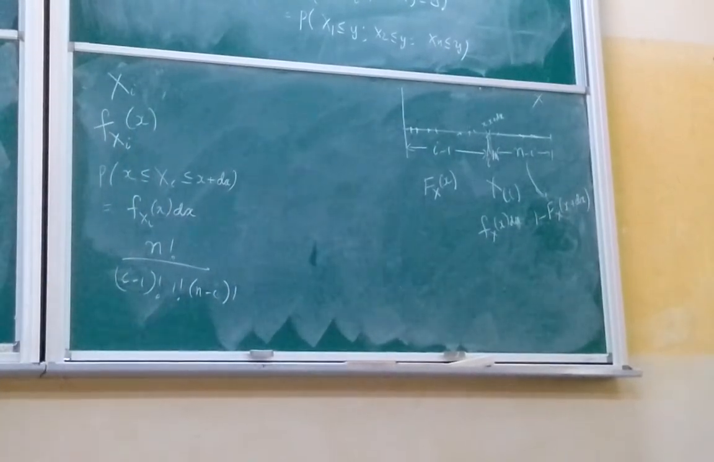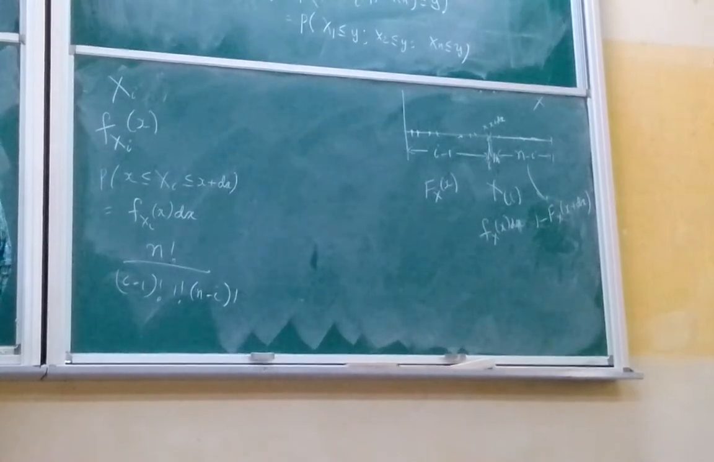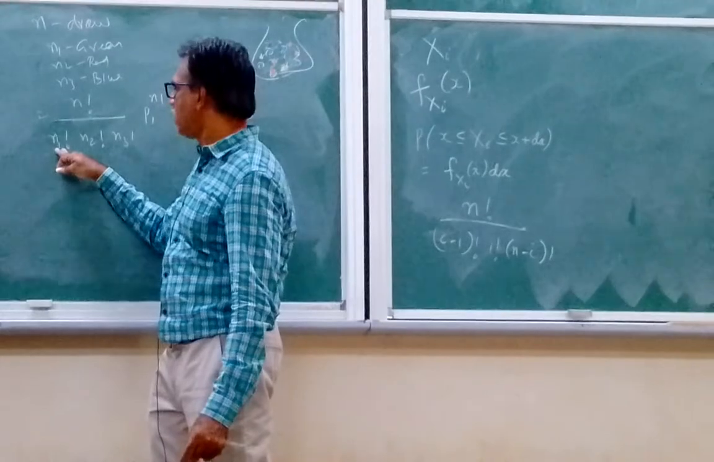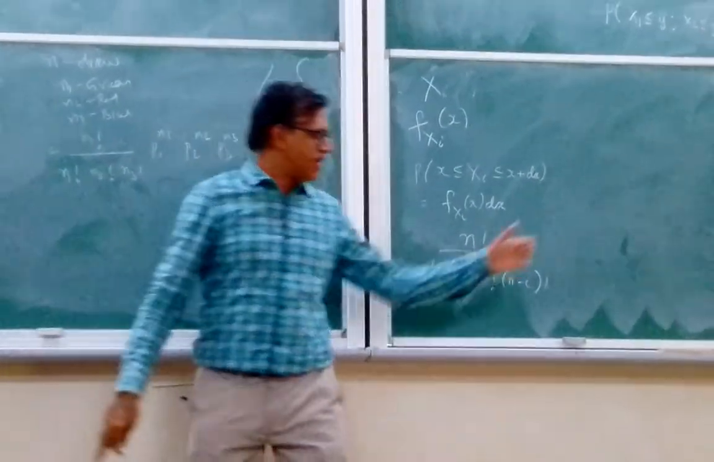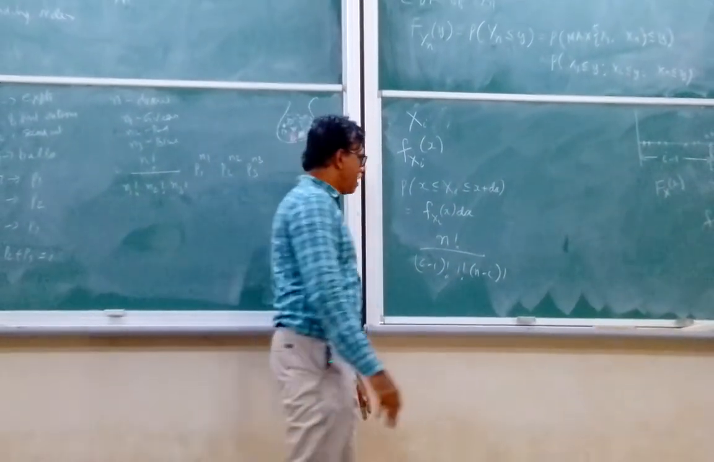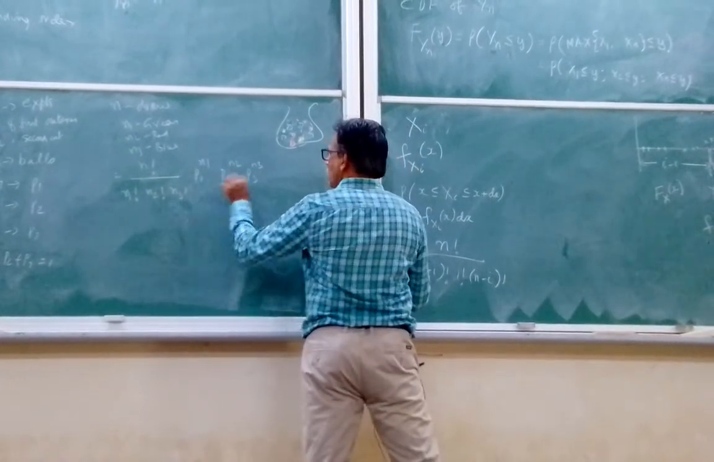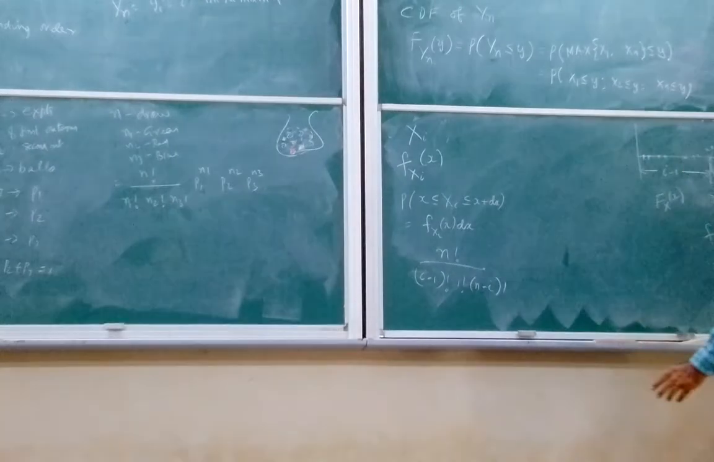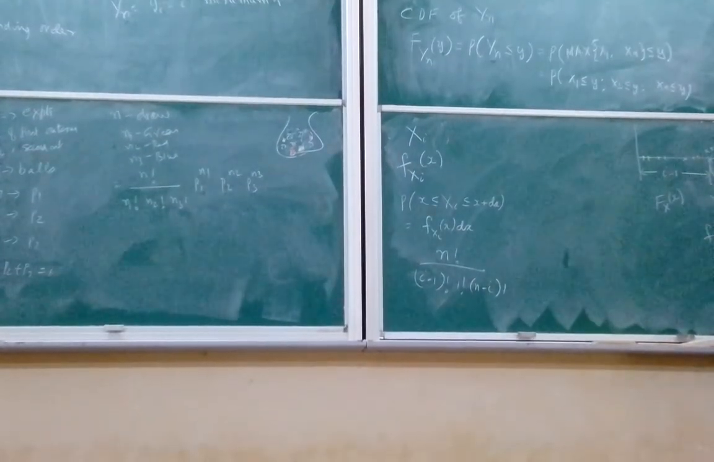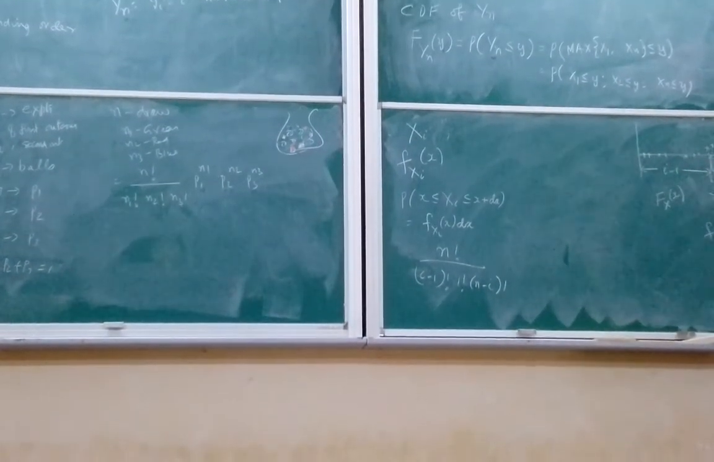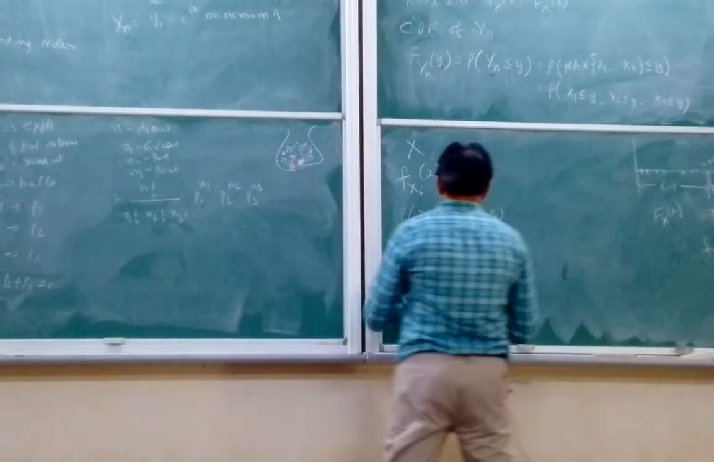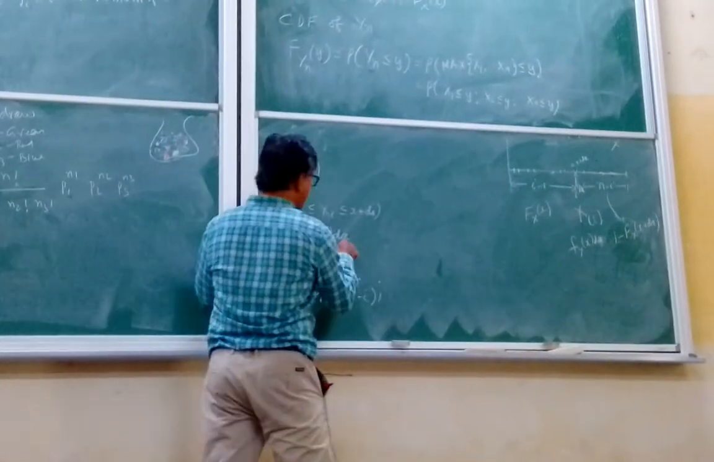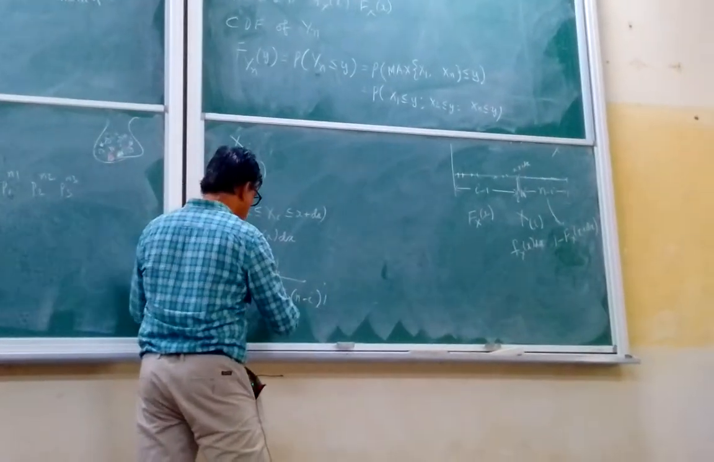Whatever you have got. Okay? Because i minus 1 should be less than this particular point. And the corresponding probabilities P1, P2, P3: what are they? P1 is this, P2 is this, P3 is this. Okay. So, this fx of x into dx is equal to this into